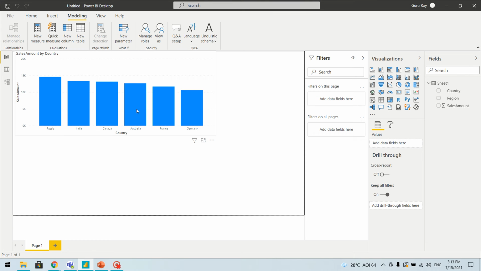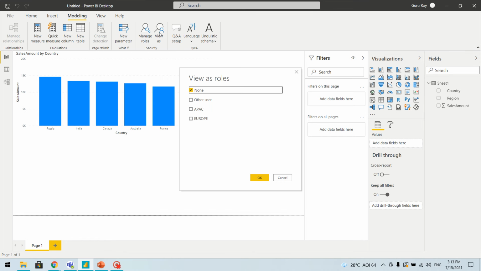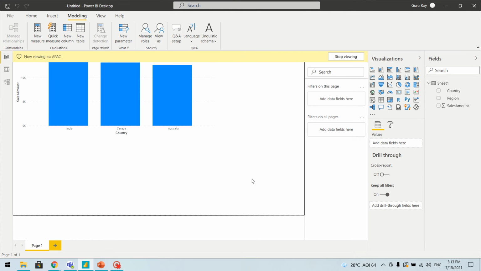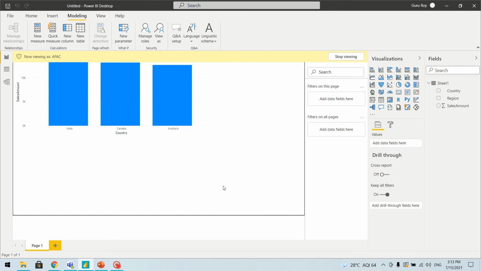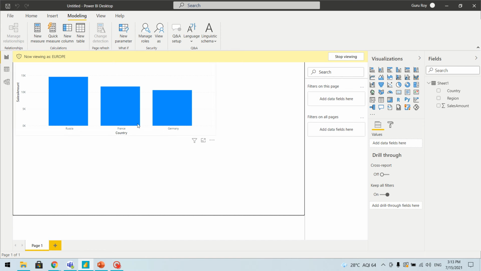If we want to check whether my roles are working or not, you can click here and select the specific role, and you can see whatever data is there for APAC. Now if you change it to Europe, you will be able to see the data related to Europe. Now how you can view this on your website, that we'll see.